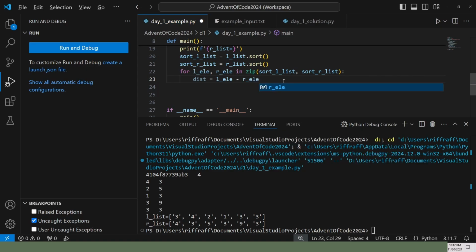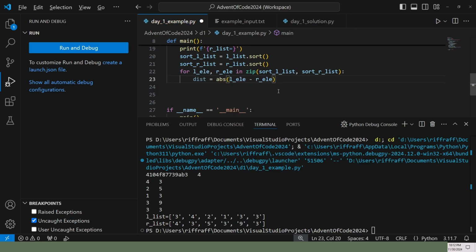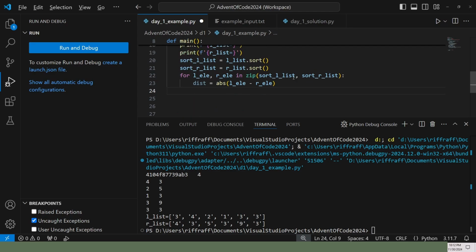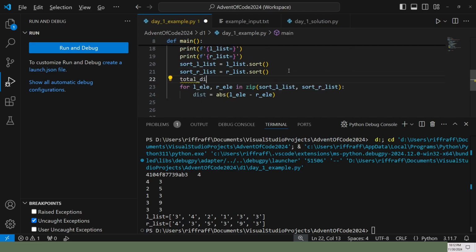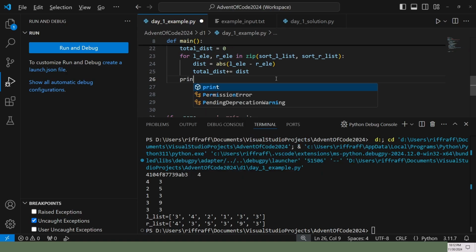It didn't sound like it cared if it was going to be negative or not. So this will calculate the distance. We'll also add a total distance. Total dist. After we get the distance for each of the pairs, we're just going to add it to the total distance. Total distance.